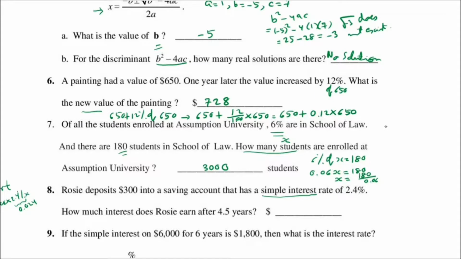Okay, T is T years. How many years? 4.5 years. Okay, multiplying 300 and 0.024 and 4.5, and you get the answer. How much interest I, okay,